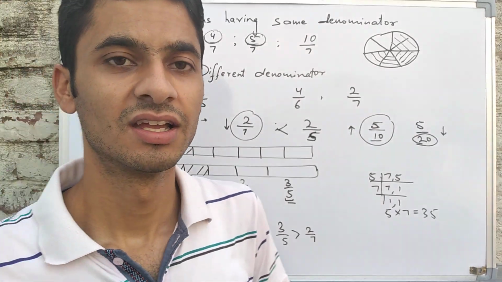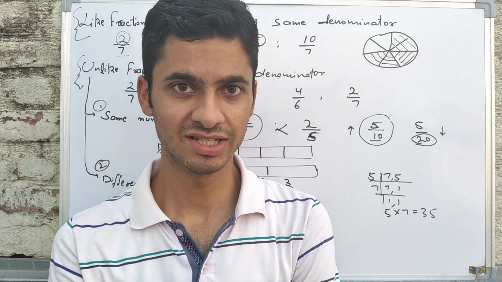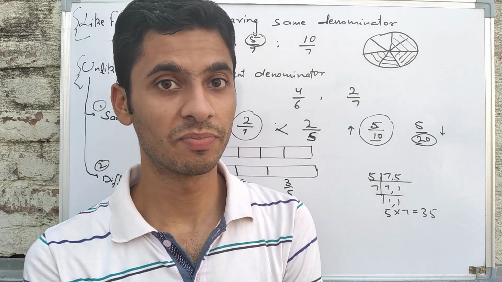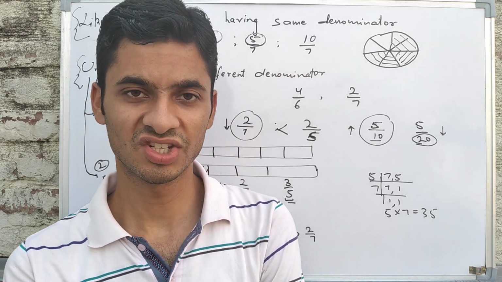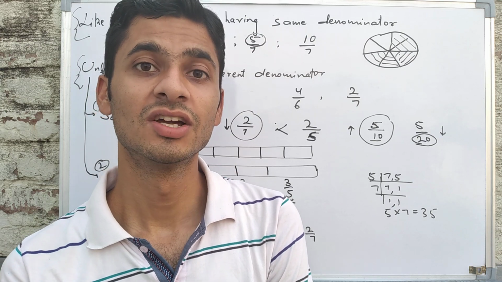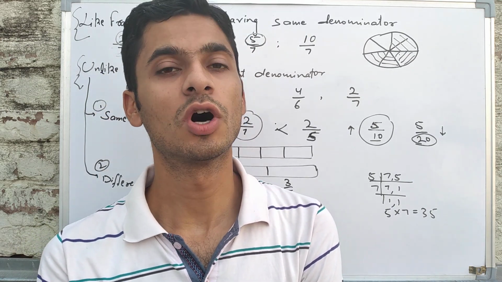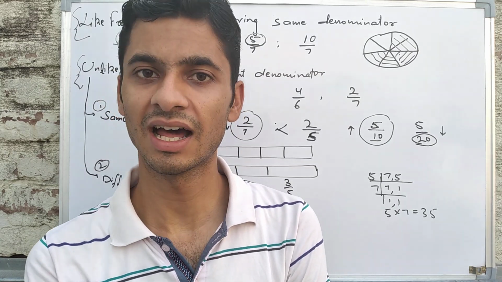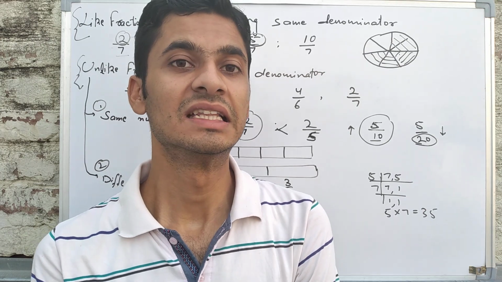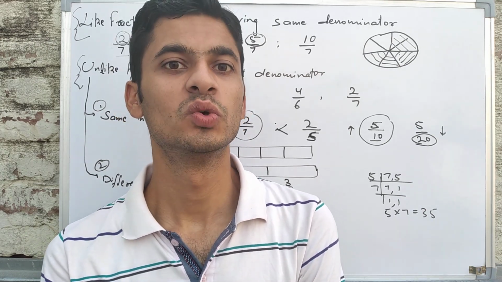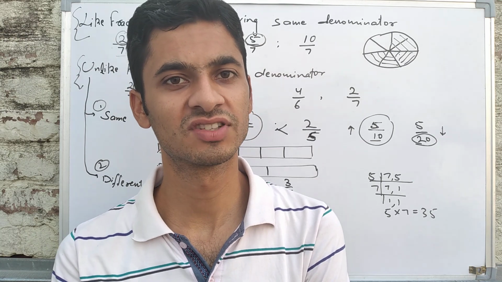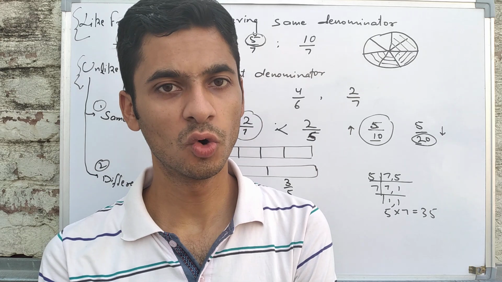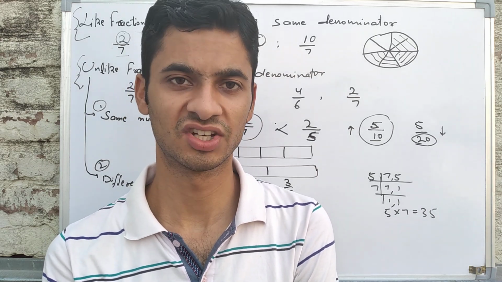Okay, so today we learned first of all what are fractions, then we learned types of fractions, what are proper fractions, improper fractions, mixed fractions, and further we discussed what are equivalent fractions, how to obtain equivalent fractions, how to check whether fractions are equivalent or not, and then like and unlike fractions and comparing these fractions. These all are simple topics. You are studying these topics from class 5, 6 onwards. So this was basically an overview or introduction of the chapter fractions.